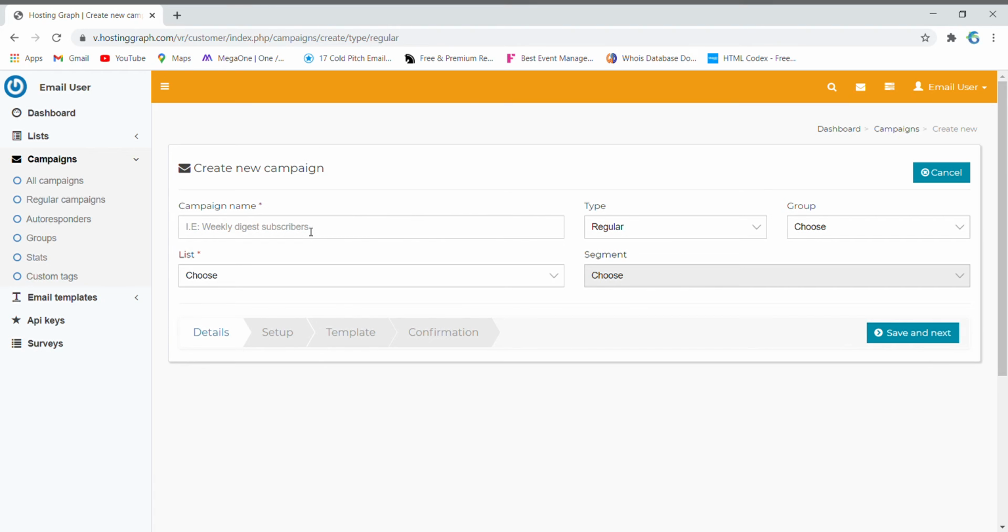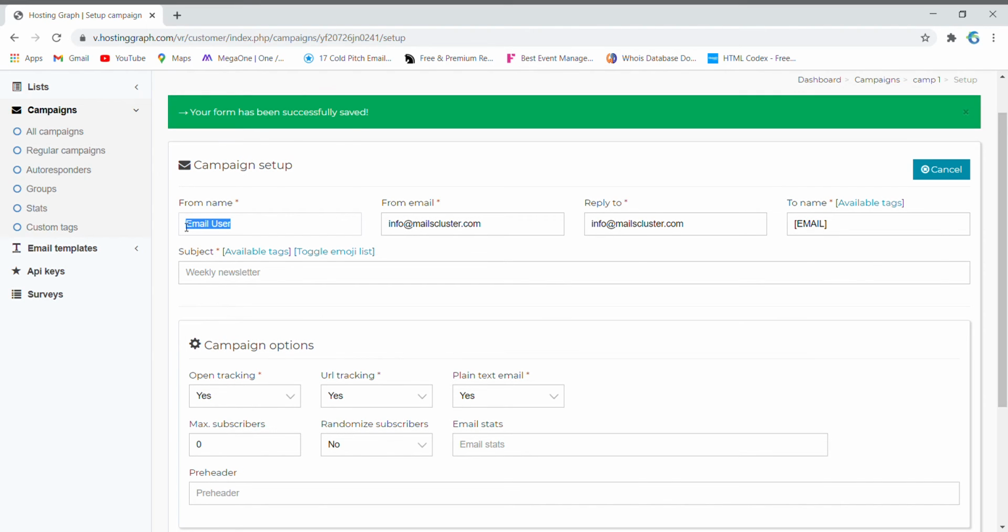So I'm just editing here, campaign first. Now I have to choose my list, so I'm selecting this list. No need to change anything here. Now click on save and next.